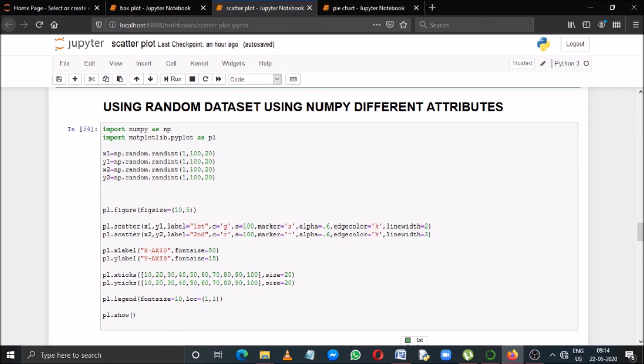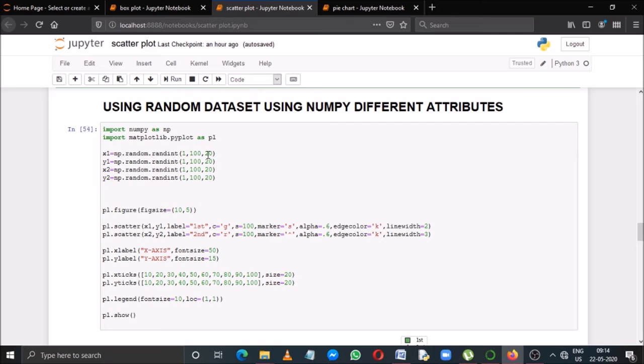Now I have generated my x coordinates and y coordinates randomly. So x1 is equal to np.random.randint. Here I have used the randint function. And as all of you remember, the randint function can accept three different arguments.